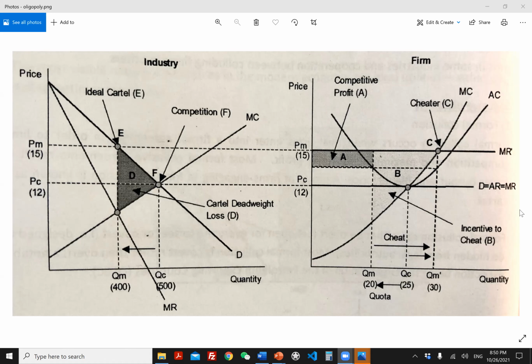Ideal cartel, okay, so it's like monopoly pricing. Okay, so basically QM is like a monopoly. This would be if all firms could essentially merge or behave like a monopoly, they would maximize that. Competitive, okay, competition would be something like that, so you're comparing a competitive equilibrium with a monopoly. Okay, so that's cartel deadweight loss, yes. Okay, I understand. So on the left-hand side diagram, we basically compare competitive equilibrium with a monopoly equilibrium, and we say, all right,